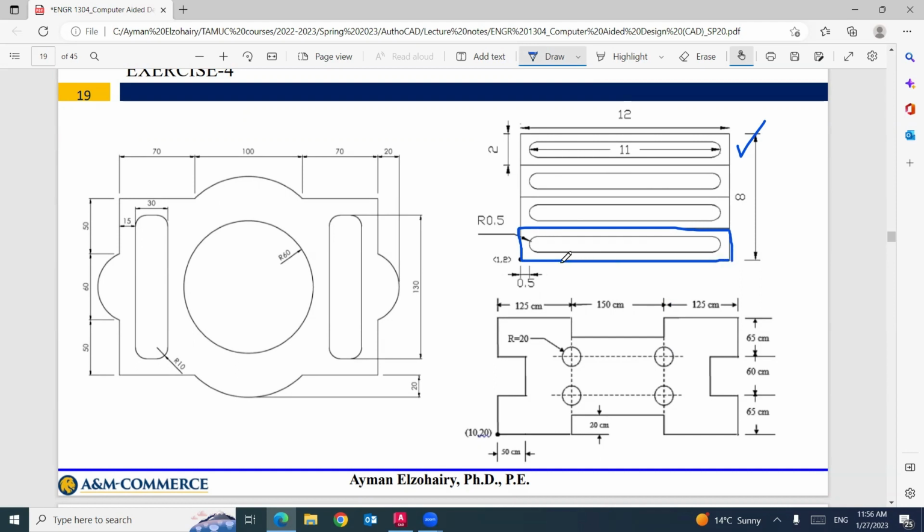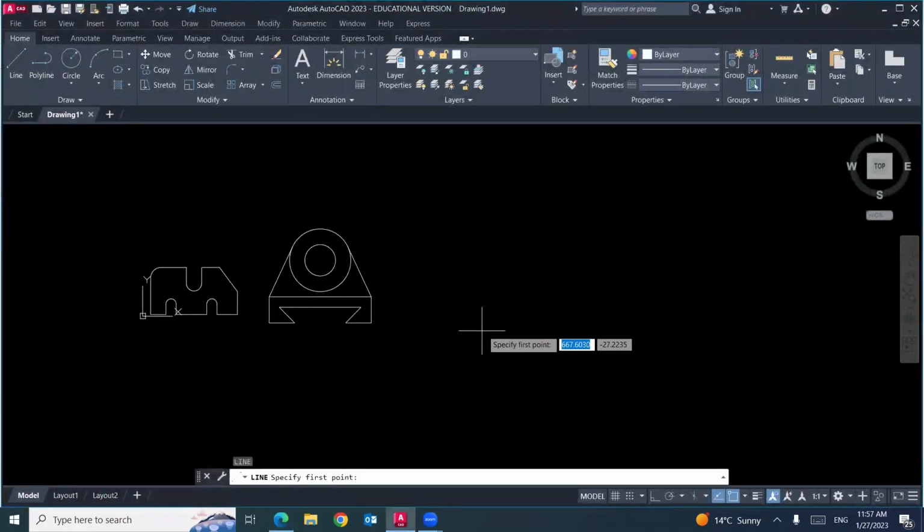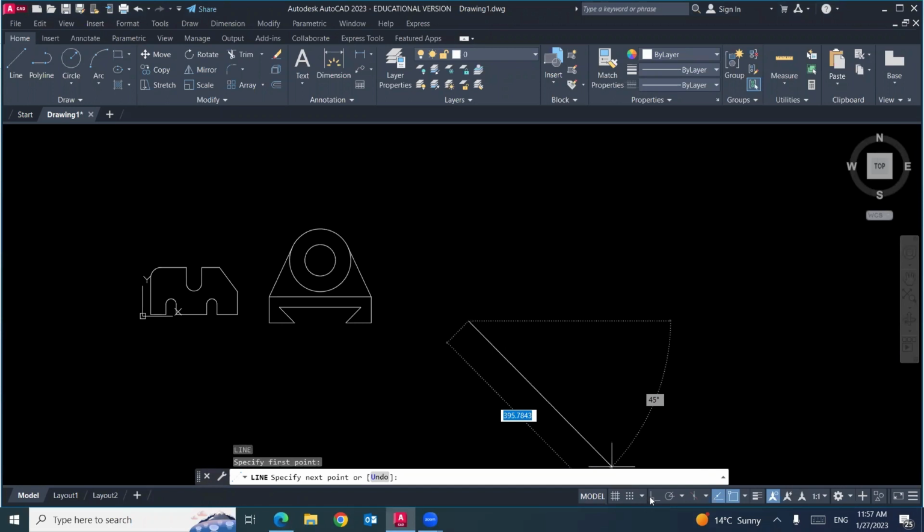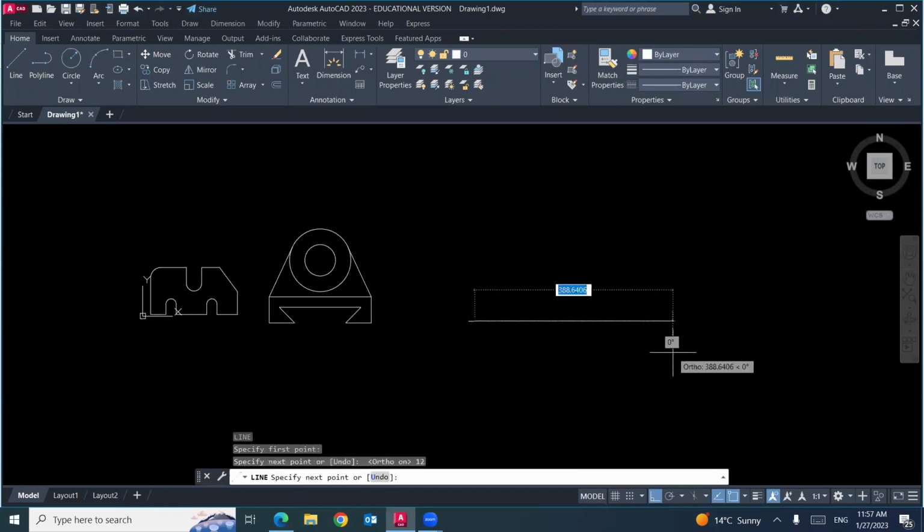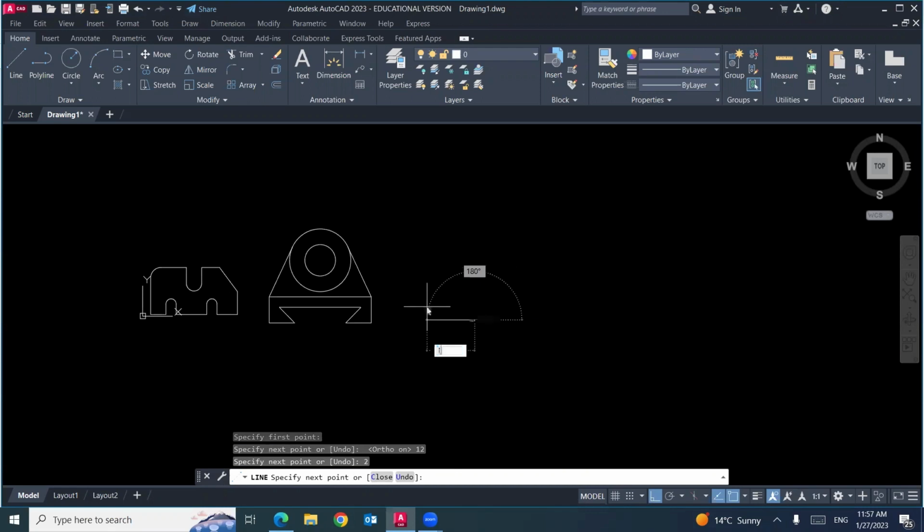So the small rectangle has a length equal 12 by 2. So I will draw LL enter. Ortho mode is on. 12, 2, 12, 2.